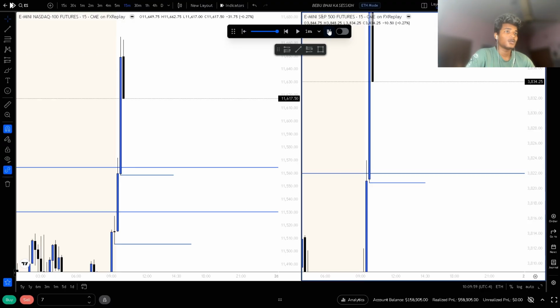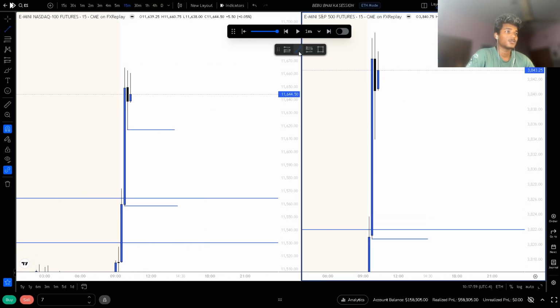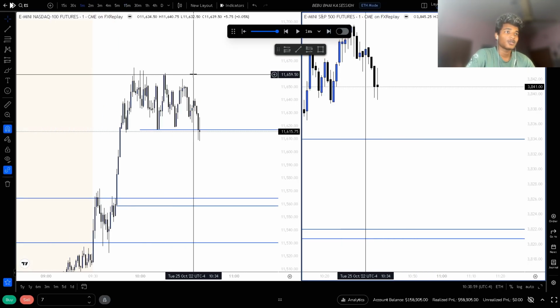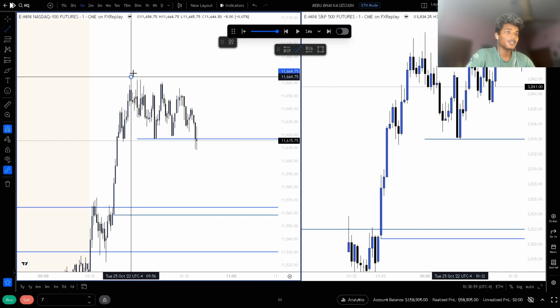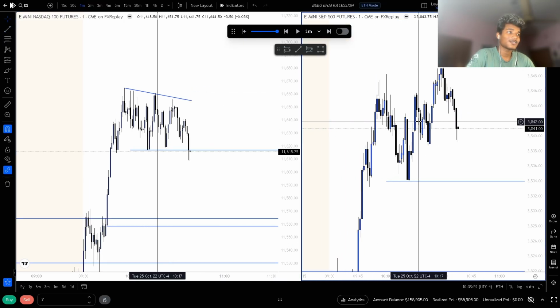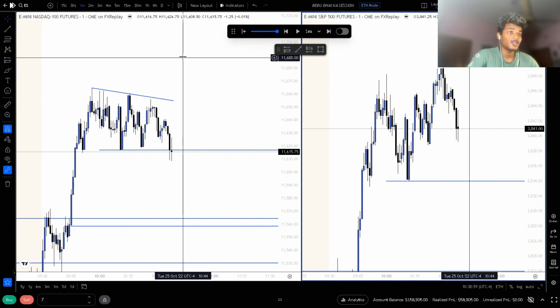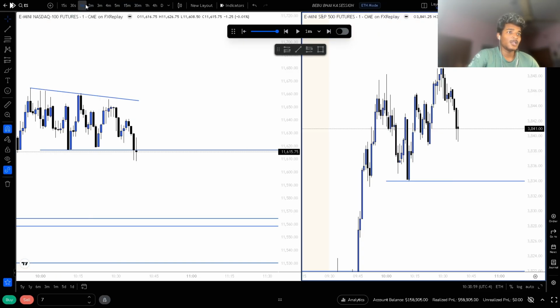And market needs to tap this 15 minute anyways. Hell no, guys. It's absolute chopping. Yeah, so we may form an AMD setup. We have all this very nice low resistance for us, but we do have SMT at this point of time with ES, and I do feel like I will take longs.